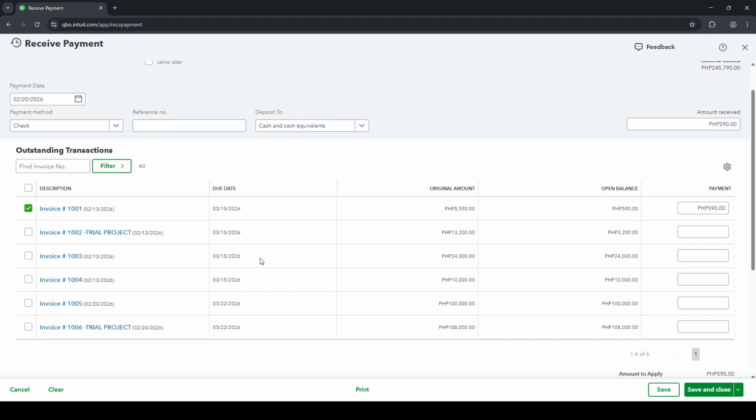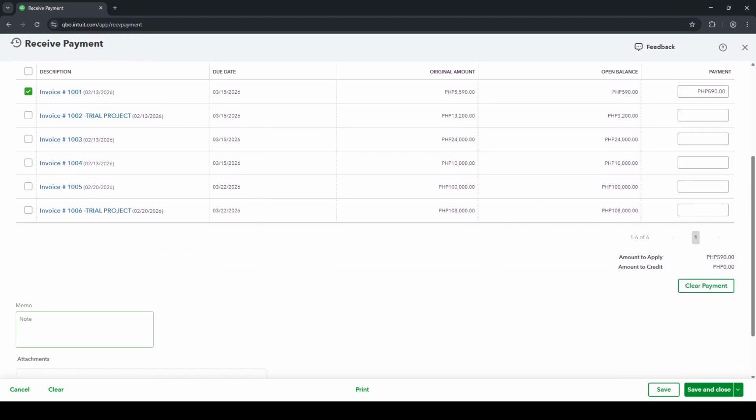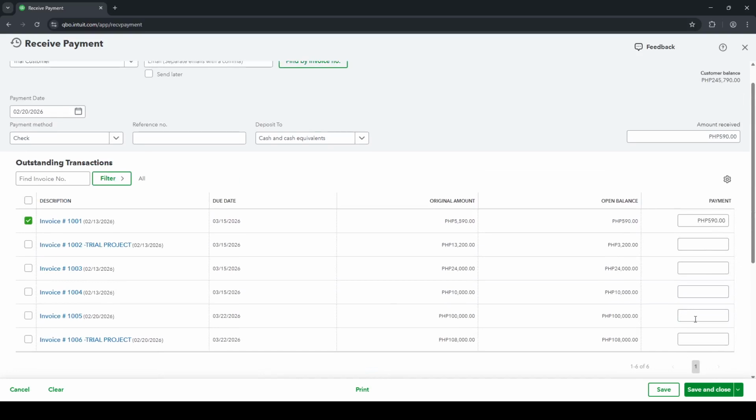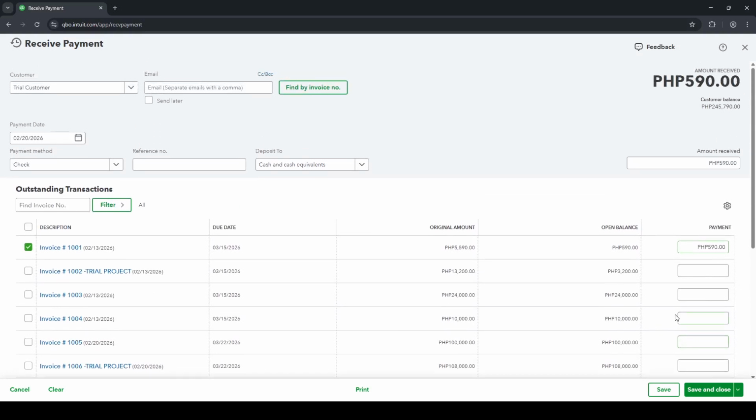Optionally, add a short note in the memo field, something like "paid by check," or a brief description for context. Clear memos make audit trails easier and help anyone on your team understand what this payment was for at a glance. When everything looks correct, customer, date, payment method, amount, reference number, selected invoice, and memo, go ahead and choose